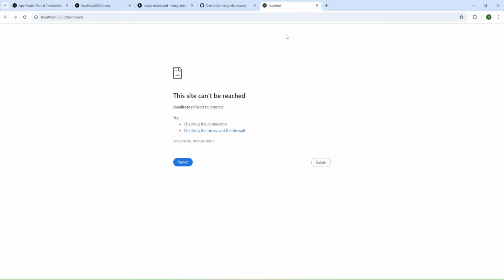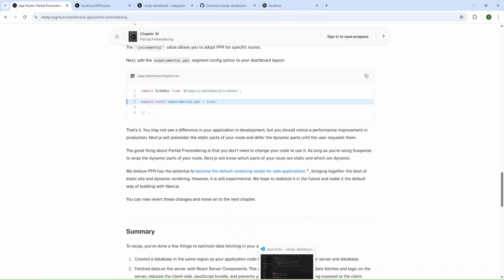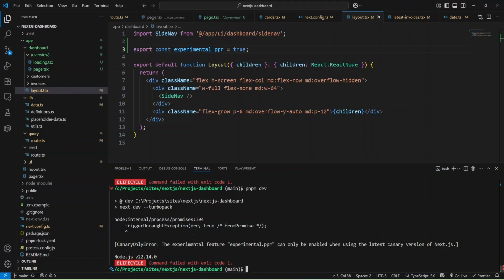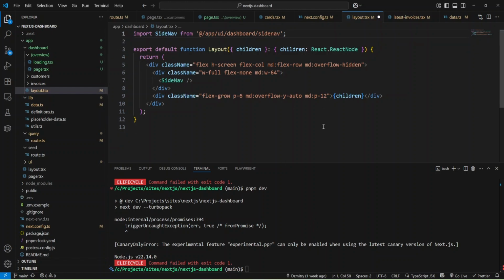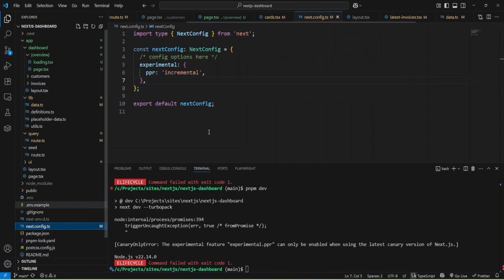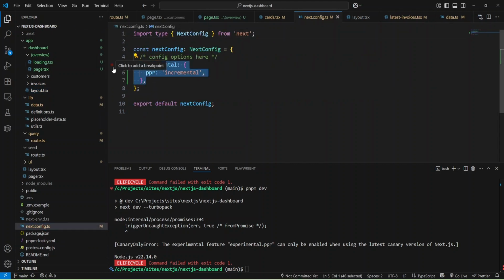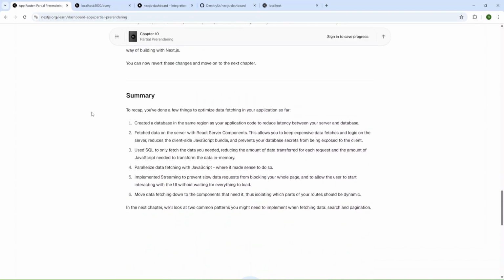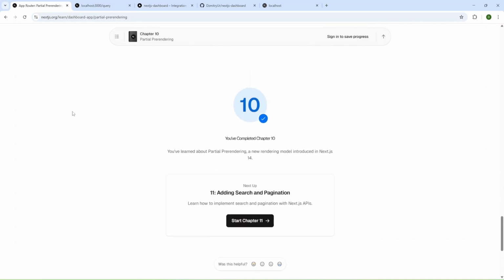Okay, let's check, and I see some error, and we have a message that the experimental feature can only be enabled when using the latest Canary version. Okay, and I'll just remove it. I'm not going to add this Canary version, and I'll just remove. Okay, and you can read summary, and I'll just move on to the next chapter.